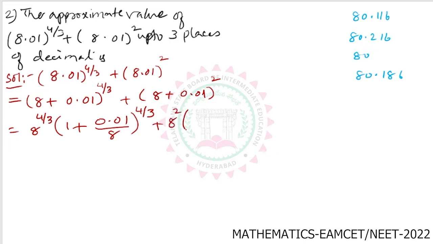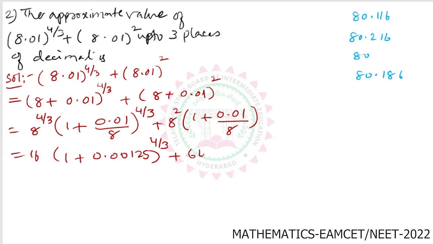Similarly, if I take out 8 common, this becomes 8 power of 2, and this becomes 1.001 whole divided by 8. Okay. Now, 8 power of 4 by 3 is nothing but 16 plus 1 plus, if I divide 0.01 divided by 8, I am getting 0.00125 whole power of 4 by 3 plus again 8 is nothing but 64, 1 plus again if I divide 0.01 divided by 8, so I am getting 0.00125 whole square, which is equal to, if I expand using binomial theorem,